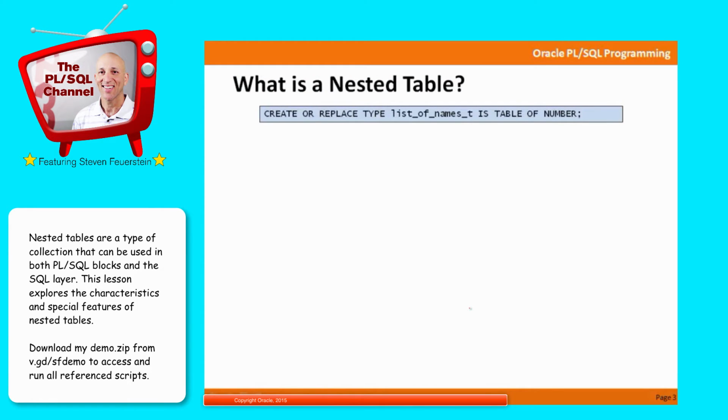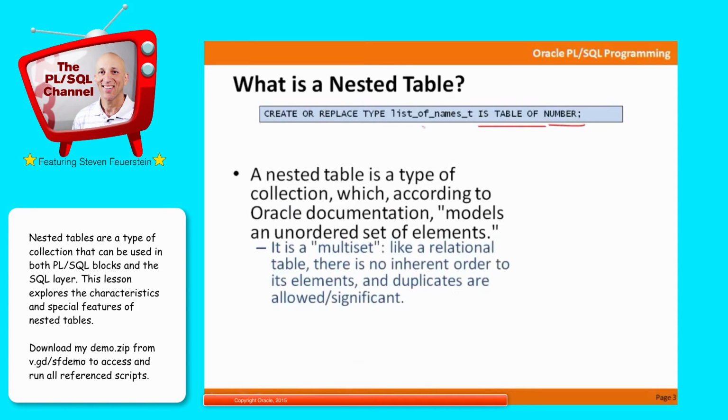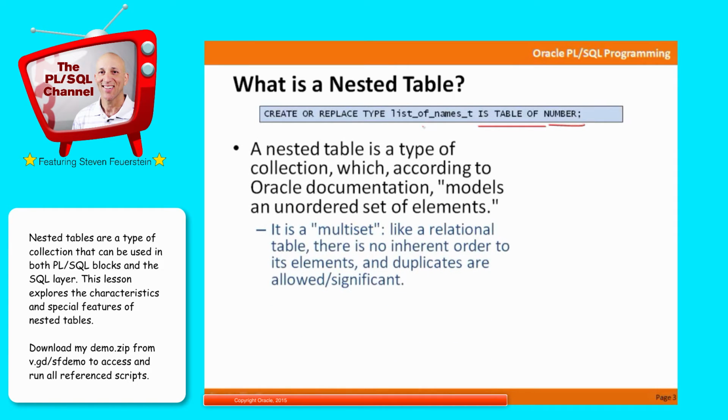So, what is a nested table? Well, there are three types of collections in the world of PL/SQL: associative arrays, nested tables, and V-arrays. Nested tables are those kinds of collections that are defined with the following kind of type statement. The type statement is type, the name of the type, is table of the data type. When you see a type declaration like this, you're talking about a nested table, and according to the documentation,